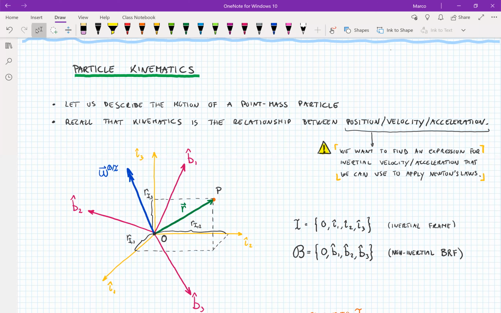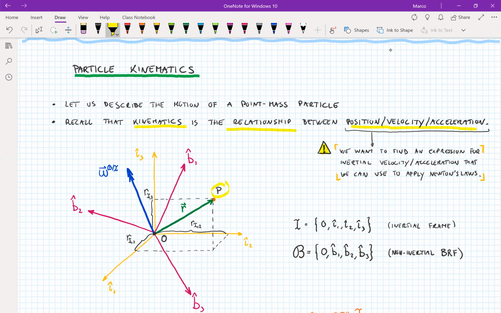All right, so now let's put into use what we've learned so far, because remember now our objective is to describe the motion of a point mass particle. And as you may recall, I told you that we were going to start with the kinematics. So the kinematics is the relationship between the position, velocity, and acceleration vectors, referring to a particle P. And